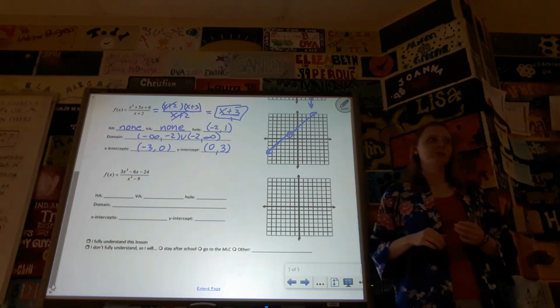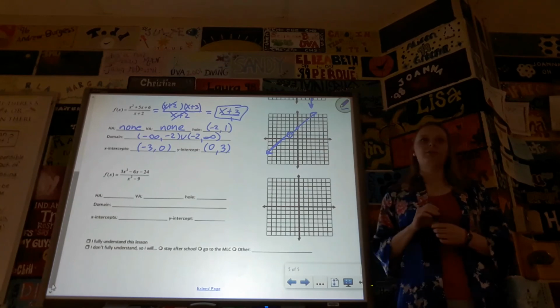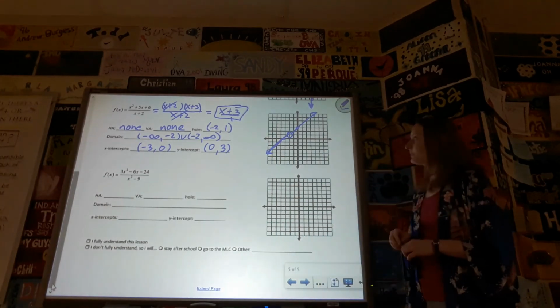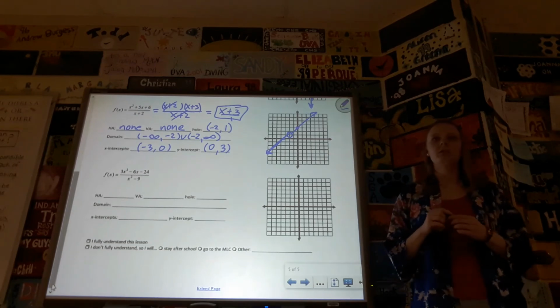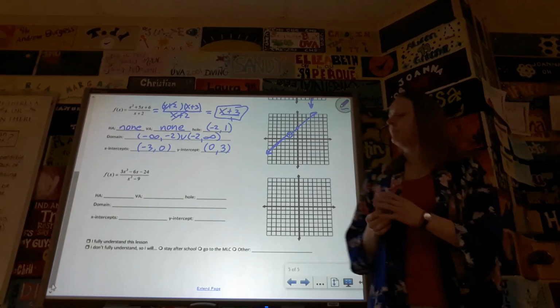It just saves a little bit of time if you are thinking about the shape of your graph from the simplified form. Okay? Are there any questions about anything that we've done so far? Alright, I'm going to leave that third one